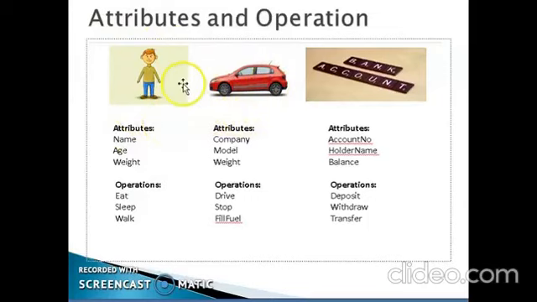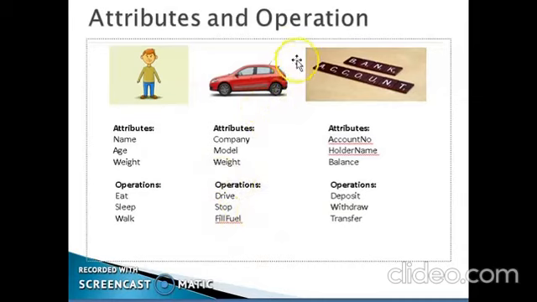Now let me take one more example of a class which we had already seen, that is car, right? So a car has a model number, a company name, height, weight, okay, all these are attributes of a car or data members of a car or features of a car. We can also mention the member functions. What are the member functions of a car? It can drive, it can start, it can stop, it can fill the fuel, it can park. So these are all the functionalities of this car.